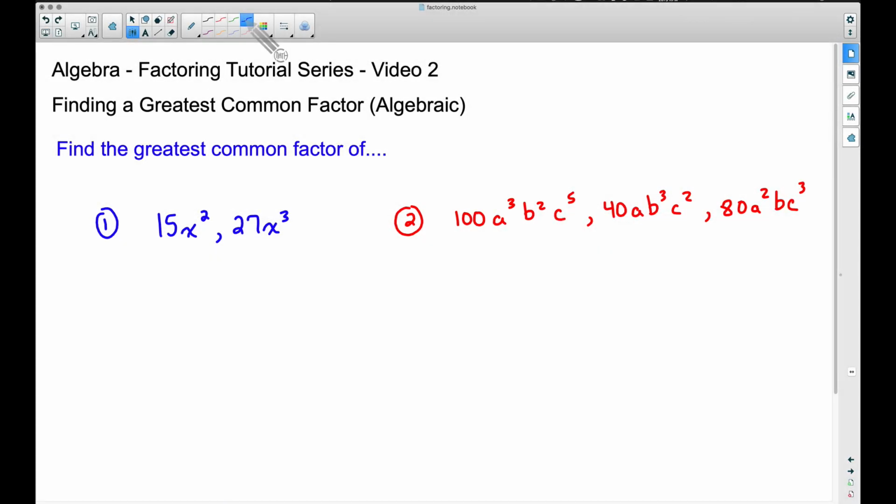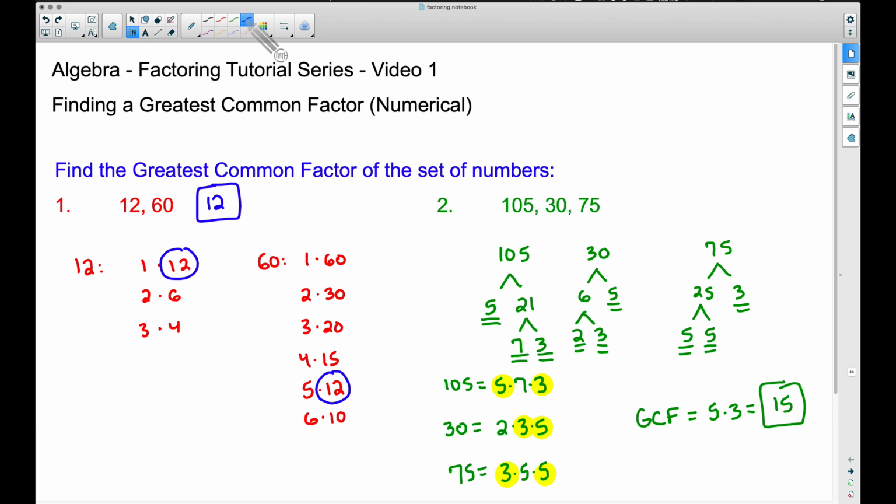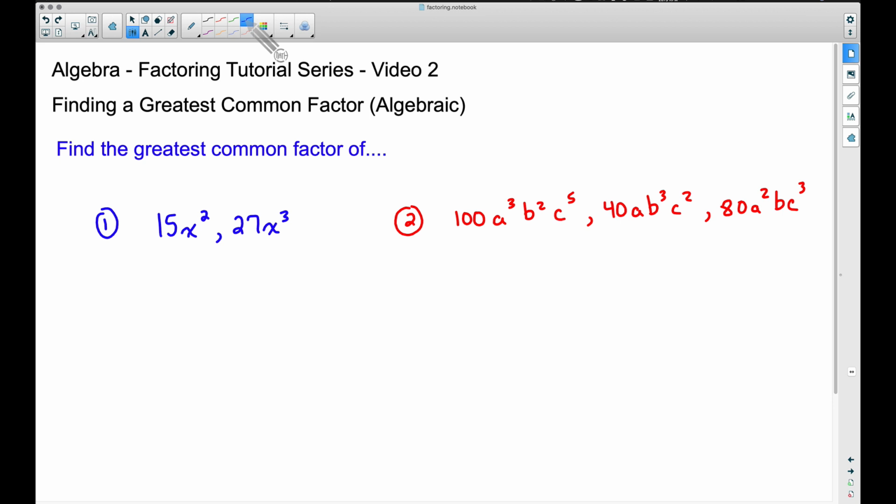Alright, this is video number 2 of the factoring tutorial series, and now we're going to look at finding a greatest common factor, but we're going to have some variables thrown into the mix. In part 1, we looked at just the numerical approach of finding greatest common factors, and I did mention 2 techniques to finding a greatest common factor when you have a set of numbers. We will still keep that same technique in mind, but sometimes we want to think about this a little bit